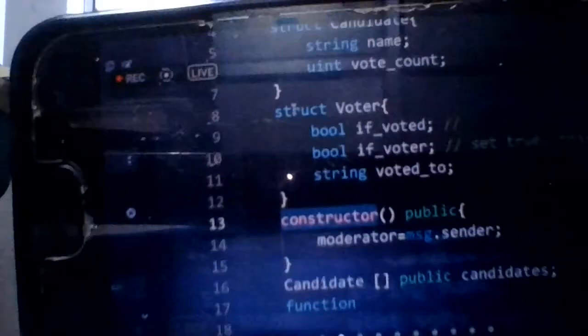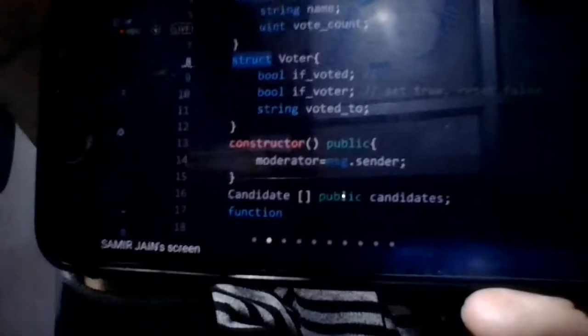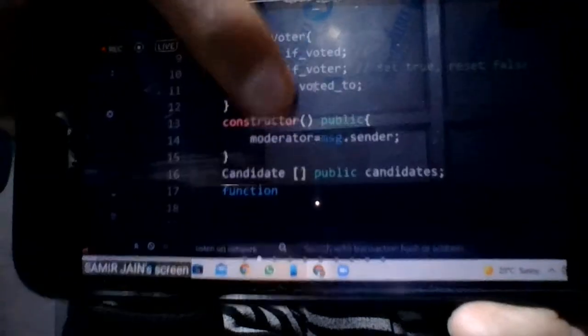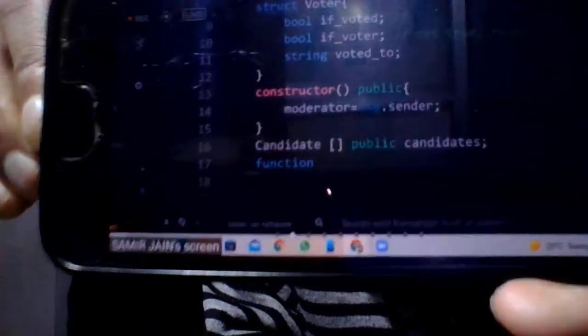Whenever you are going to create a function, you have to type this keyword. Whenever you have to create the constructor, you have to type constructor, then struct, then address, all these things. So candidate is the data type and candidates is the array.